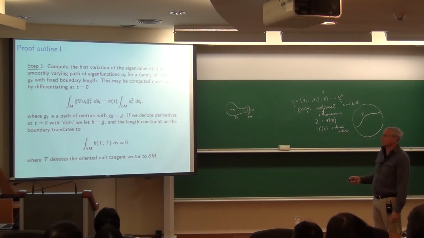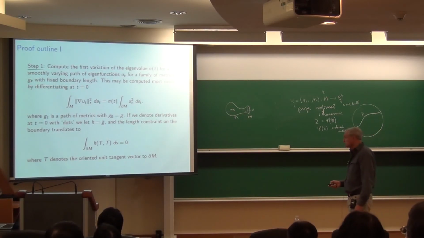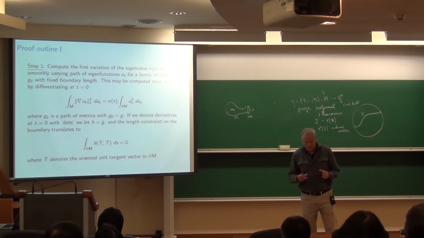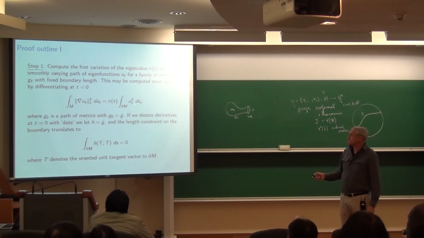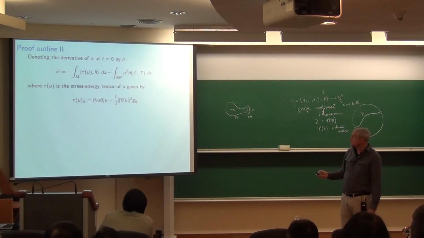So the area form and the norm squared depend on the metric, and the length on the boundary does. Now, because u is a critical point at time 0, the dependence on u_t cancels out. So when I differentiate the u_t part, I get 0 because of the eigenfunction condition. So the only thing I need to differentiate is